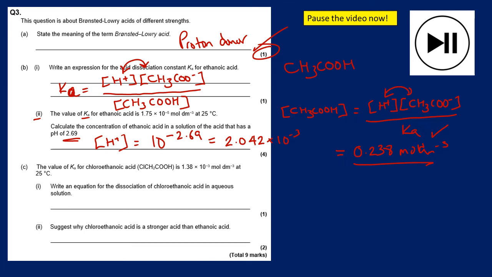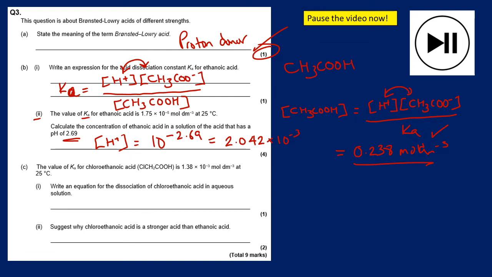Right, moving on to C. We've got chloroethanoic acid, and they're telling you what it is. So it's pretty much the same as ethanoic acid, except one of the H's on the first carbon is a chlorine. And you've been given the acid dissociation constant, which is a fair bit higher actually. It's 1.38 times 10 to the minus 3 as opposed to 1.75 times 10 to the minus 5. And it wants an equation for the dissociation of